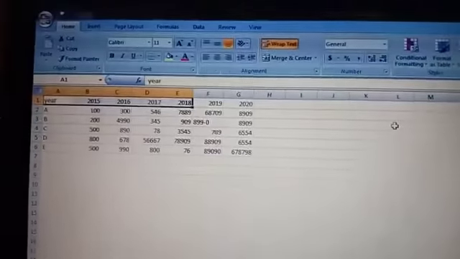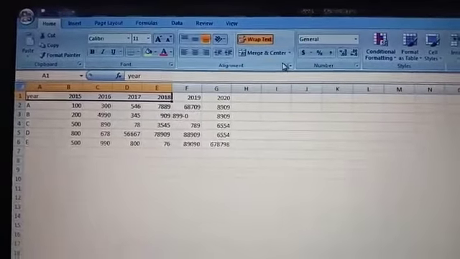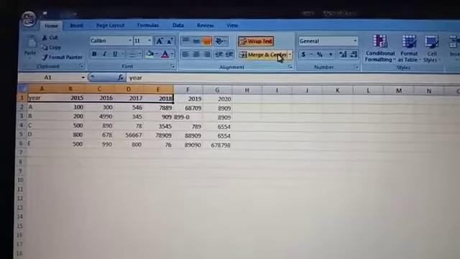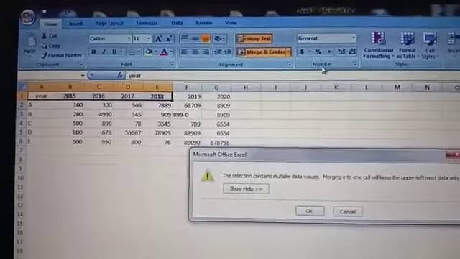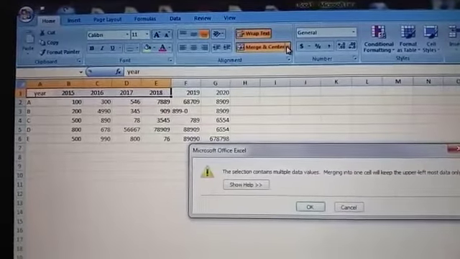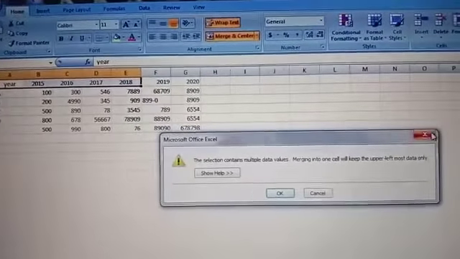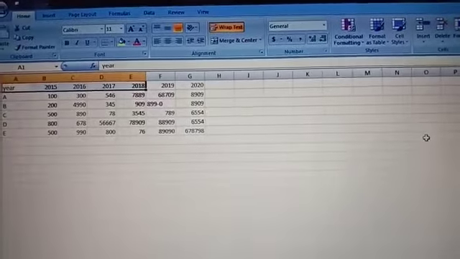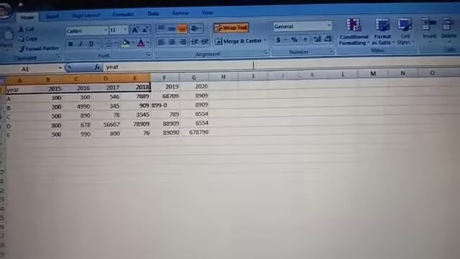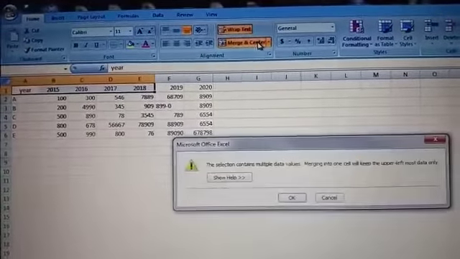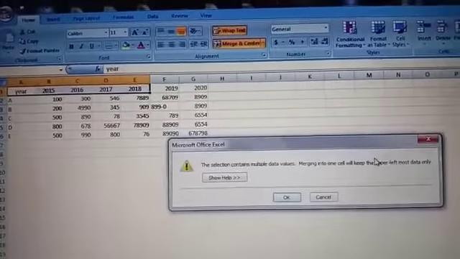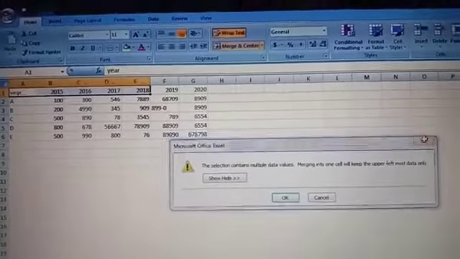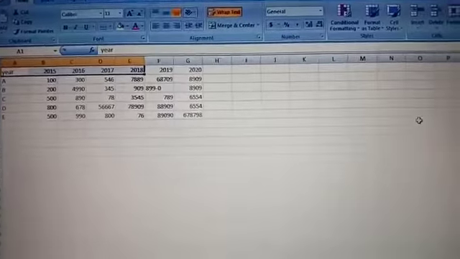Okay, see, next means that it is not supporting it. Okay, so did you understand how you can change?